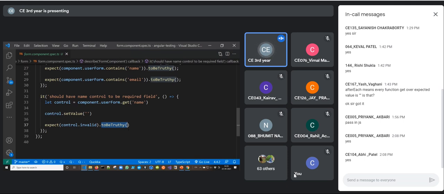Right now we are automating the testing part. We manually want to check the required field, and one of the required fields in our user form is the name field.